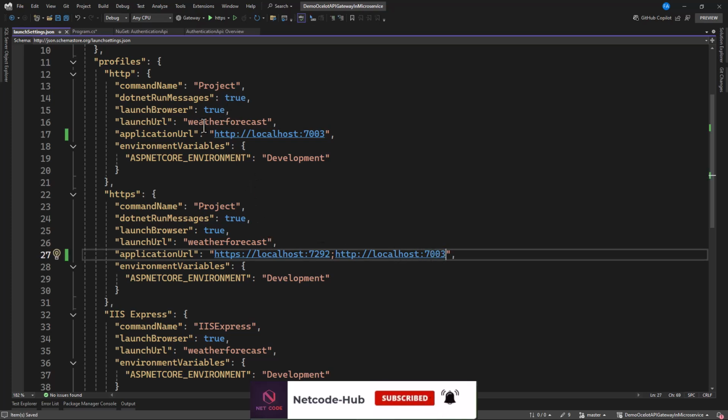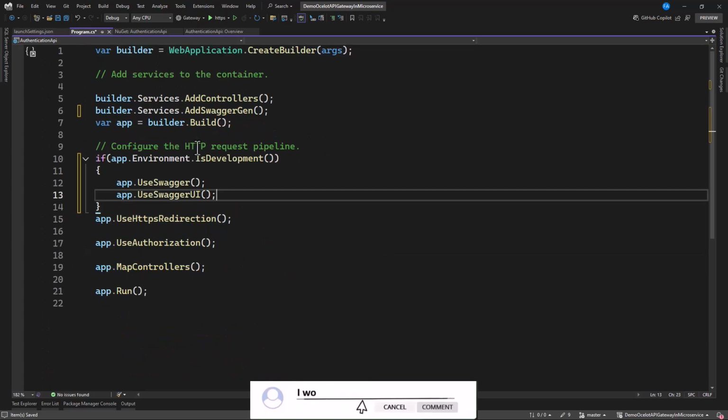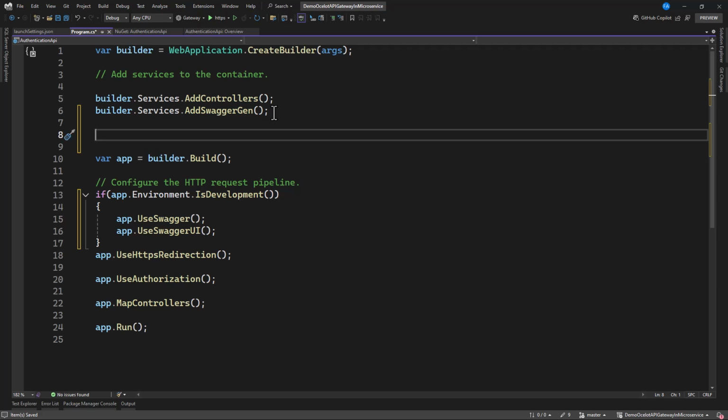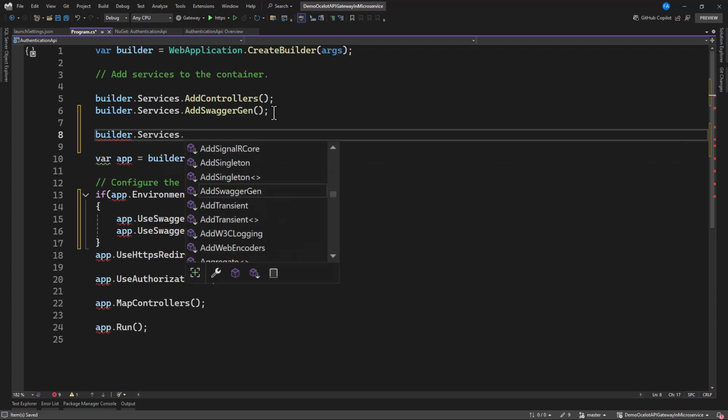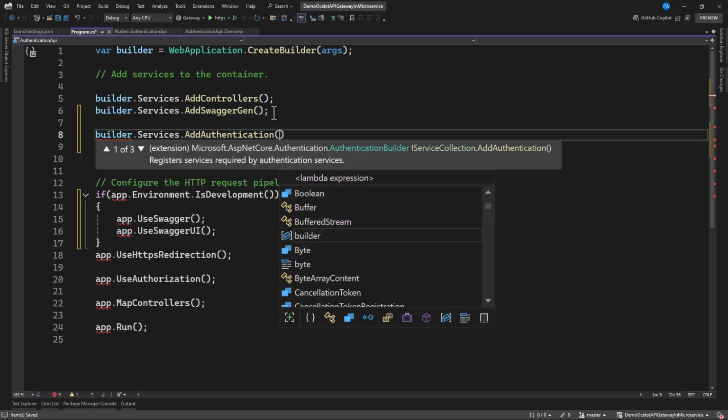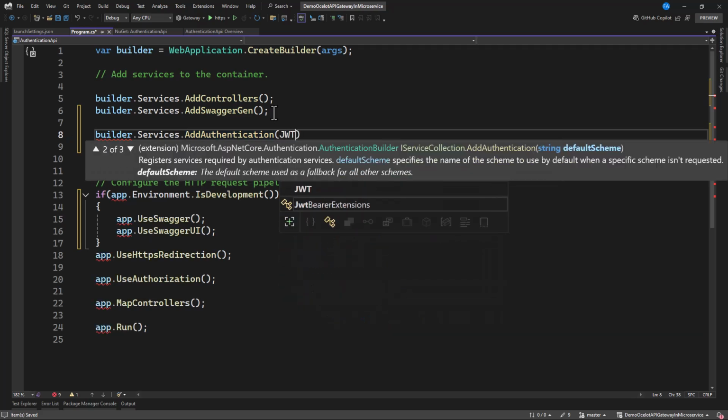Great. So now that we are done, we need to go back again and add our JWT configuration. So let's add a service in here. There's going to be builder.Services.AddAuthentication. And now this authentication, we need to specify our JWT bearer.